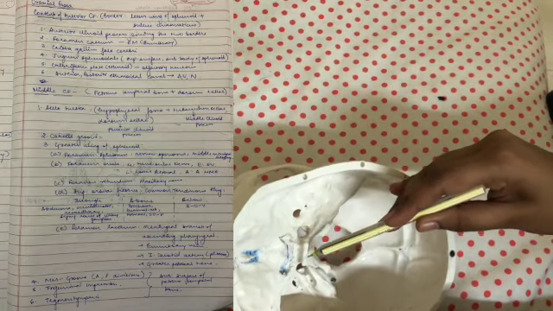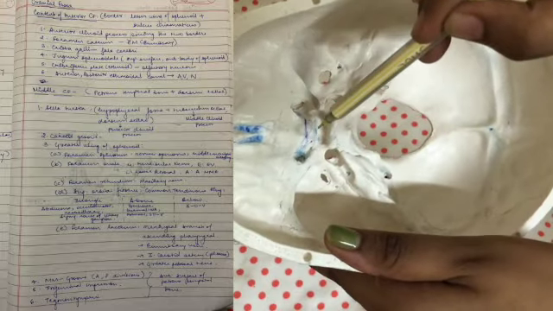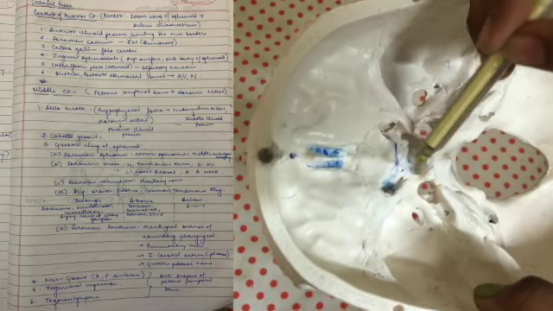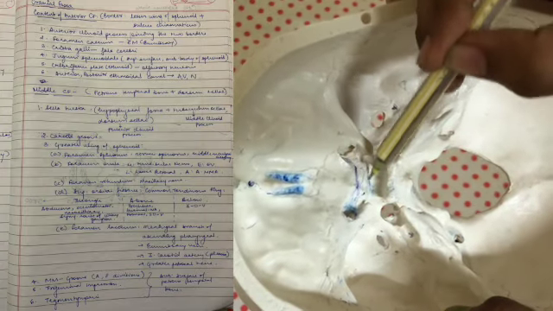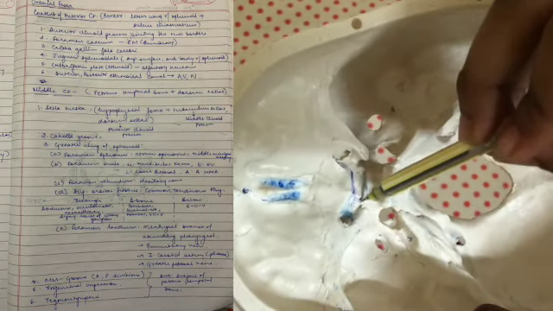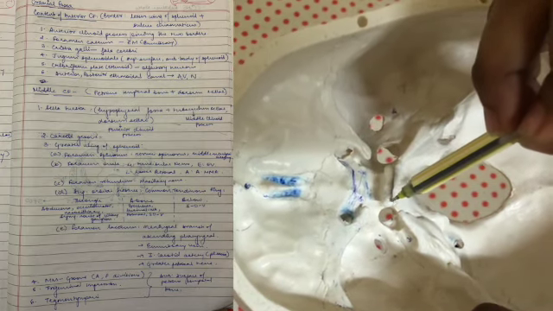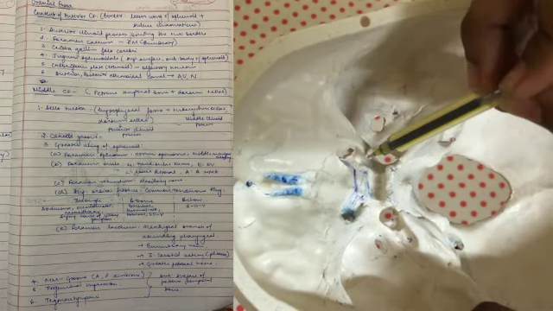So let us talk about sella turcica. That is this part. Sella turcica is where the pituitary gland is situated. So this fossa you see here is known as hypophyseal fossa. The anterior part is the tuberculum sellae, which bears the middle clinoid processes. And the posterior part is the dorsum sellae, which bears the posterior clinoid processes. Now, this is where the pituitary gland is present.